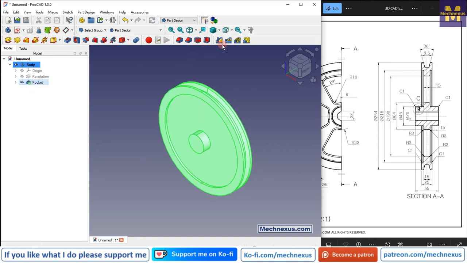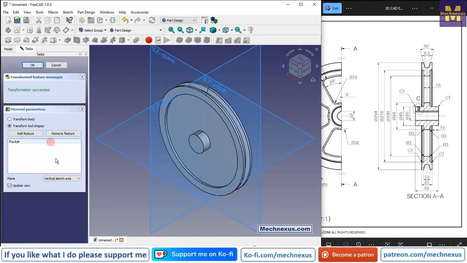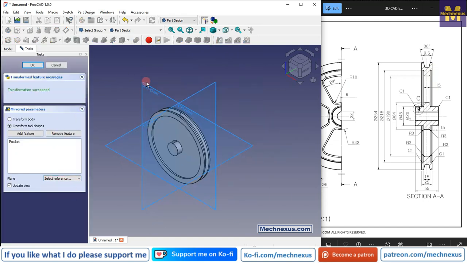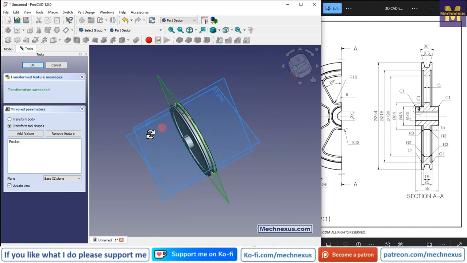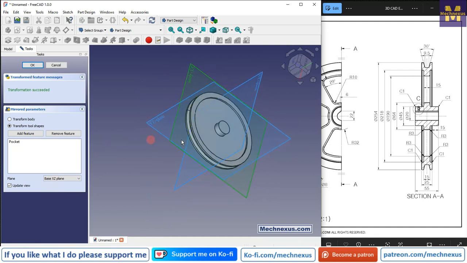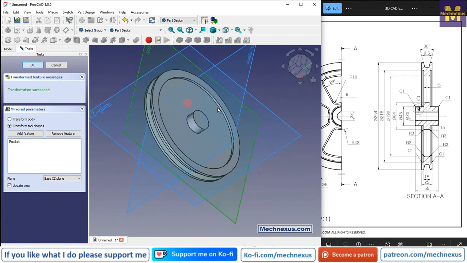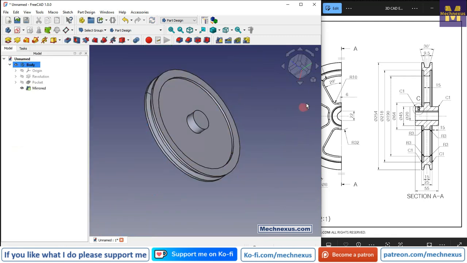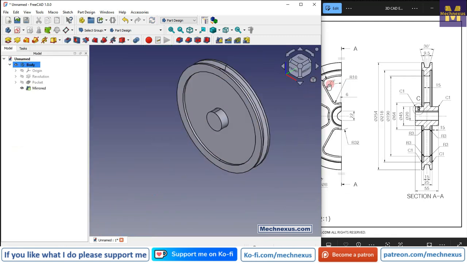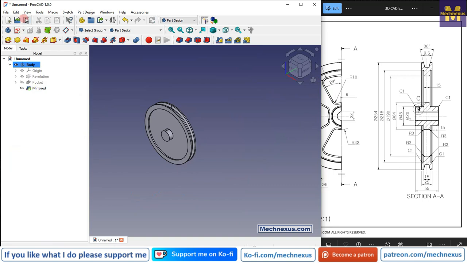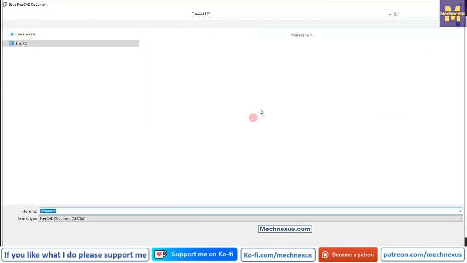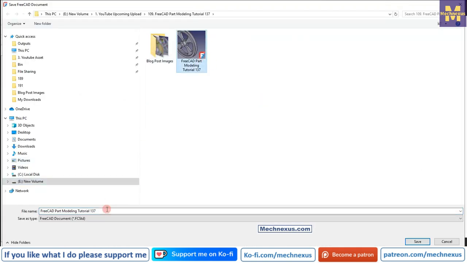So click on this pocket and click on the mirror, and from here select the reference and select this plane. So you can see that our cut is mirrored on both sides, and say OK. Now let's save our part. So let's make it R1,